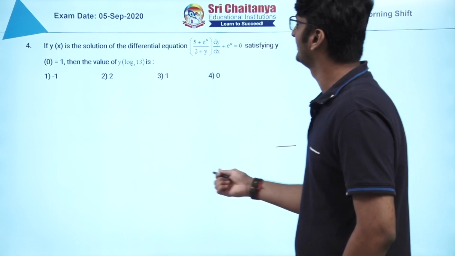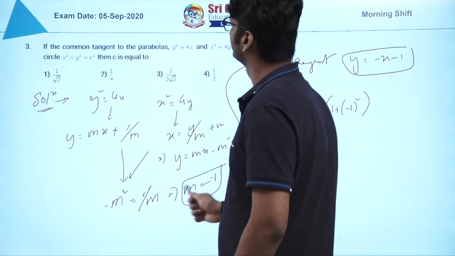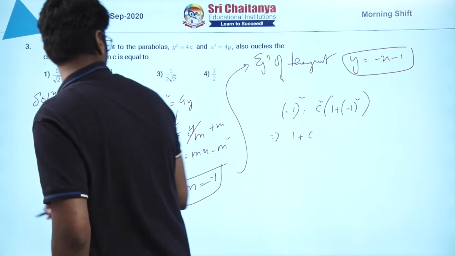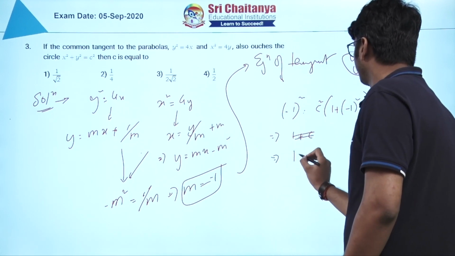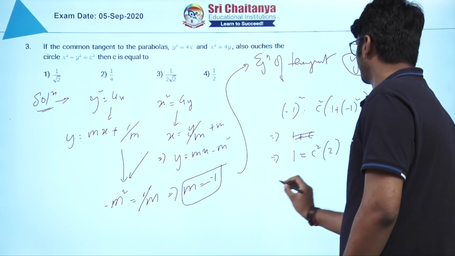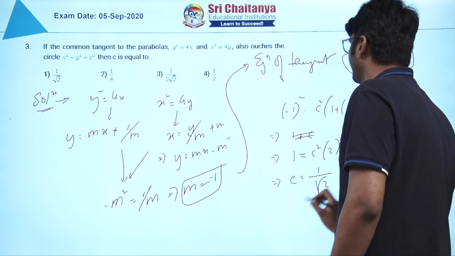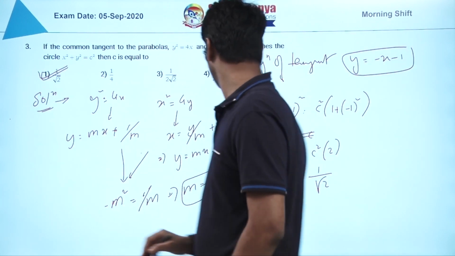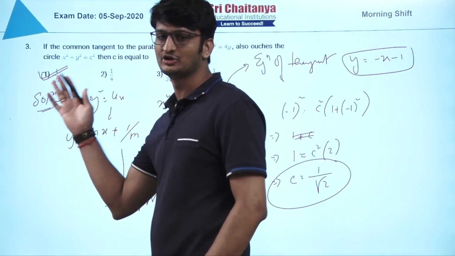Basically, we have got 1 plus c square. Let us check it out. If you observe it here, it is nothing but 1 plus c square into 2. So c we have got two values, plus minus 1 by root 2. From the options you can see it is a single-correct question, so you have to choose option number 1. Hence option number 1 is correct. Let us move to the next question please.